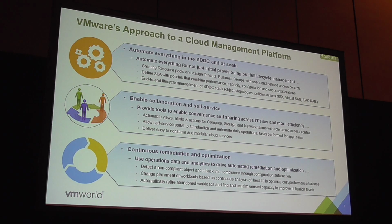The second big thing is, many of you may have already seen this, a lot of organizations are moving to cloud teams, which have purview over storage, network, and server resources all together. And unless you have tools which look across the entire environment, across storage, network, and compute, and allow the management of those endpoints to be done in a more self-serve manner by your different lines of business, you've not really accomplished a cloud. And that's what our tools are focused on, to make sure that all the information across all these domains is consolidated, the policies there are consolidated, so that infrastructure can be delivered and consumed in this self-service,